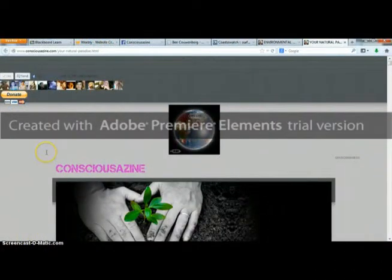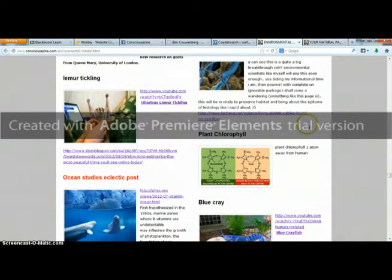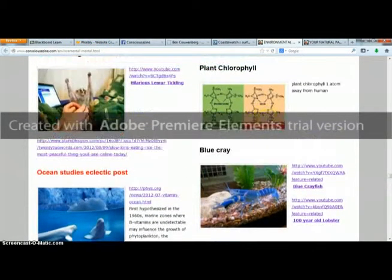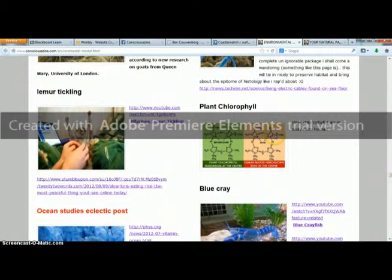Okay, hello everyone. We're on the internet now, and I'm going to show you that plant chlorophyll thing I was just talking about. This is on www.consciousazine.com/environmental.html. This page I made all about animals and the environment, and this is where I mentioned the sense stored electrical waves. This is also where the plant intelligence post is stored, just up here. If I scroll up,